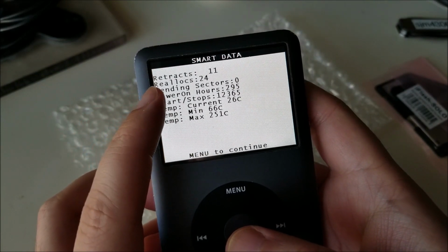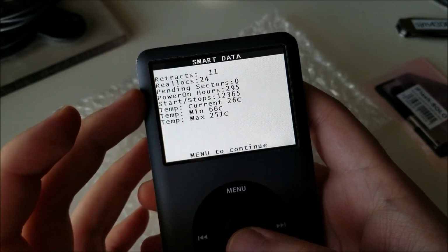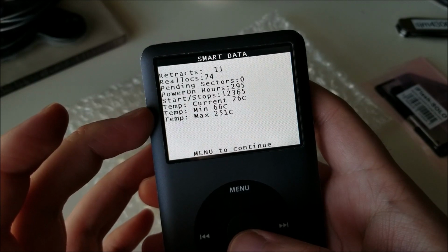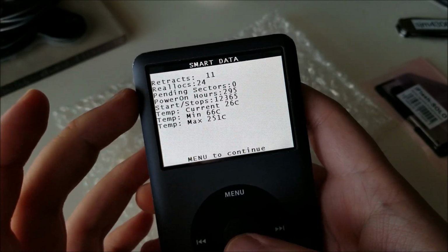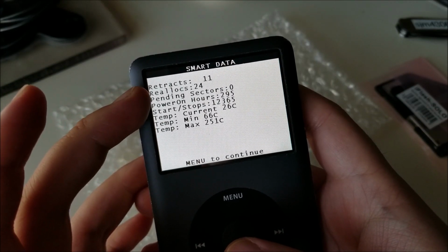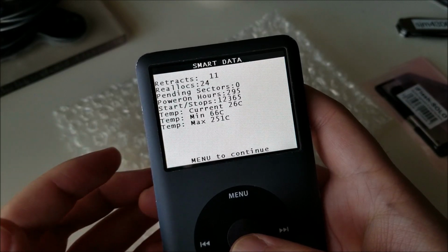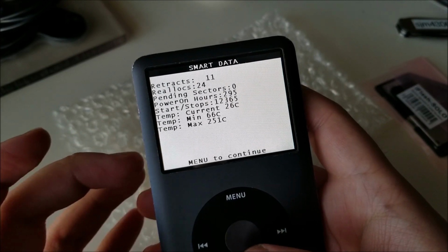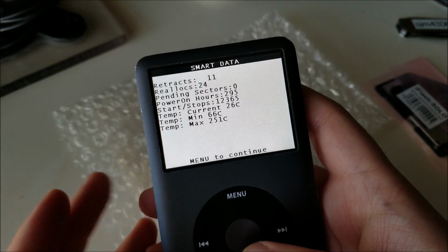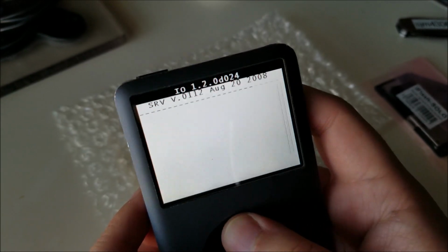And there we go. We can see this hard drive, which is the original 120 gig hard drive, has 24 reallocations, no pending, 11 retracts. Power on hours just under 300, and start stop 12365, etc. The important thing to look at is the reallocations or the pending sectors, and 24 is relatively high. This drive probably still has some life in it, but even when plugged into a computer loading songs on, there were a couple times that it locked up, and I have a feeling it's because there are some surface errors on the drive, and it's getting towards the end of its life. So what I'm going to do is exit out